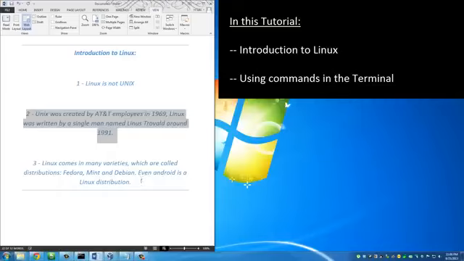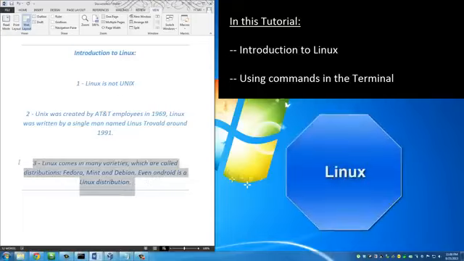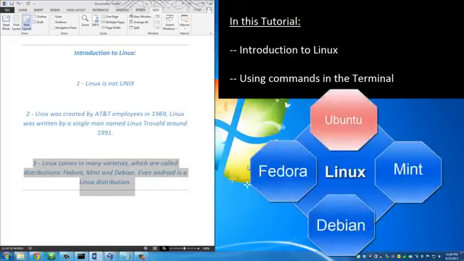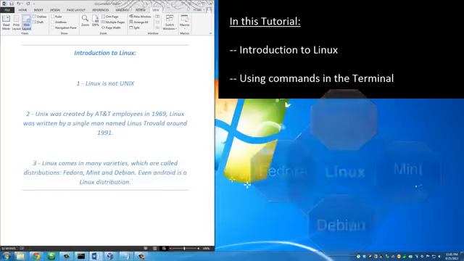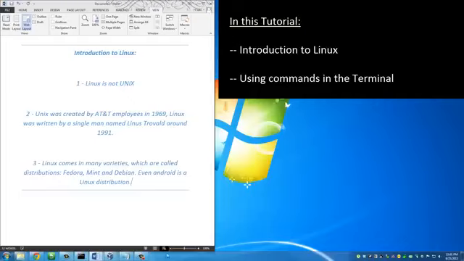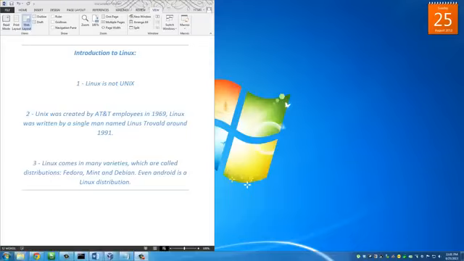Okay, so that was a quick history on Linux. That was just to give you a perspective. Now, Linux and Unix are different. Just remember that. Now, one more thing before we dive in. Linux comes in many different varieties, which are called distros or distributions. In this tutorial, we will use the popular Ubuntu distribution of Linux. But there are others out there as well, such as Fedora, Mint, and Debian, and more. Even Android is a Linux distribution. So the basic commands we will be running and learning today can be generally used on almost all different Linux